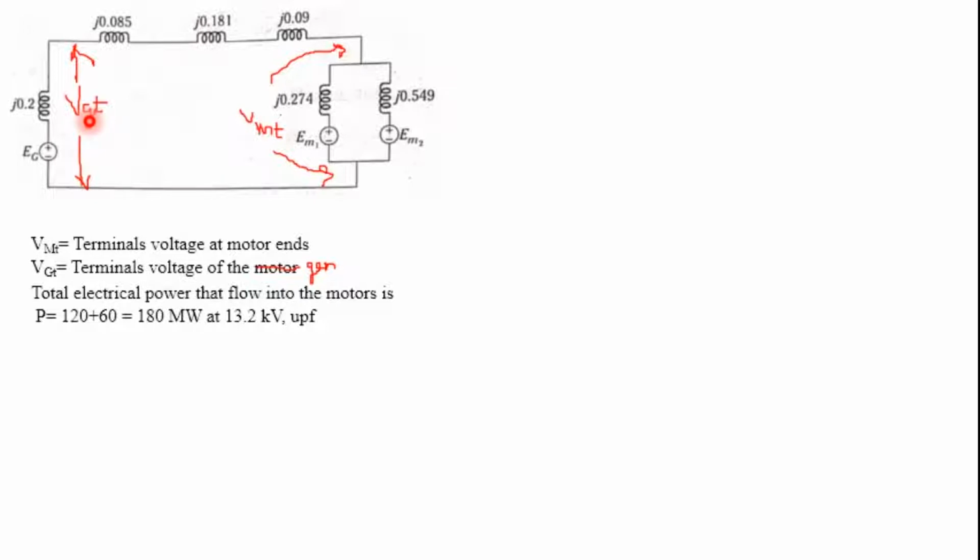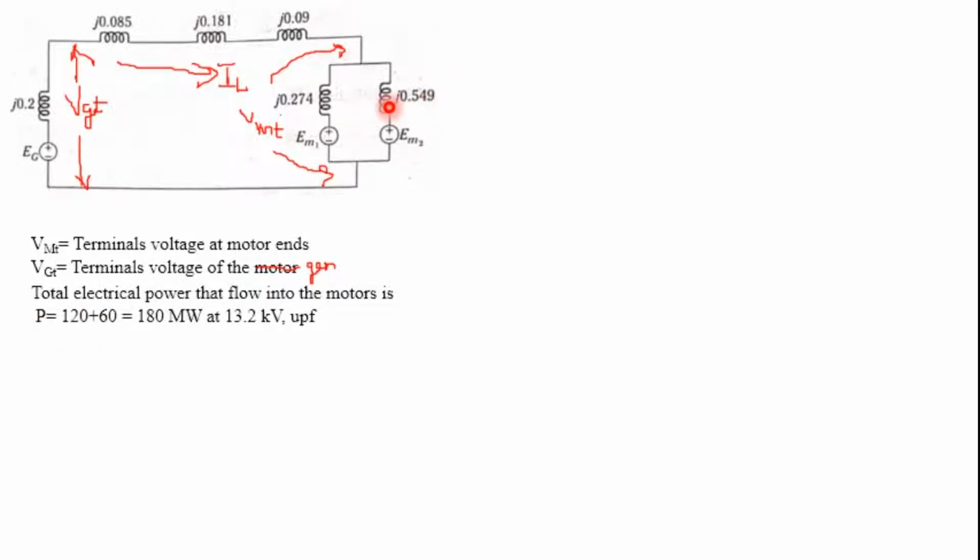I don't know what the generator voltage is, because there is a change in the load. Because of the load, the terminal voltage of the generator will change. I have to calculate it the same way. So we have to calculate the current which is flowing into the network, IL. This voltage plus this drop, I can calculate the generator voltage. So we know the power across the load.